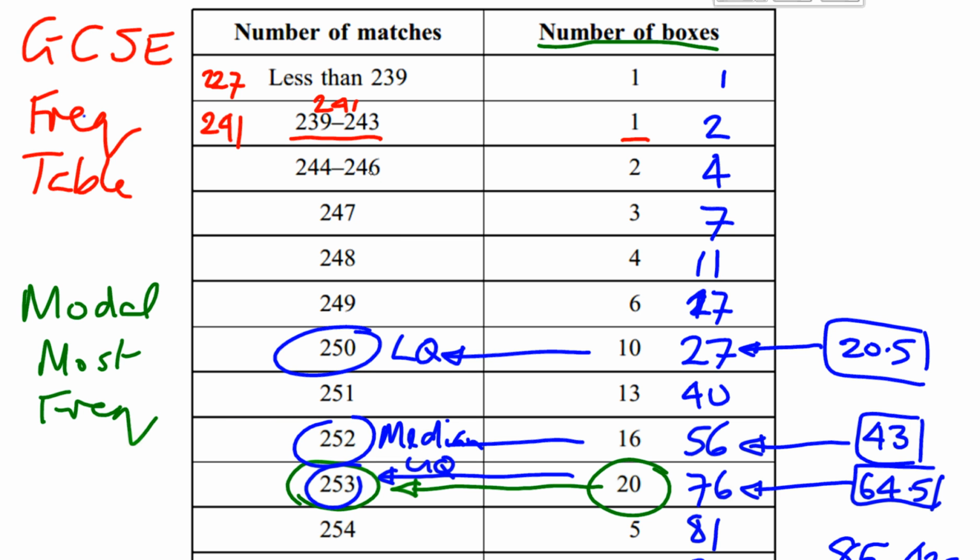244 to 246, well, that's going to come out, we need to find an average of those 2 points to the midpoint, and that's going to come out 245. And then life gets easy: 247, 248, 249, 250, 251, 252, 253, let's go on down, excuse me, move down there,